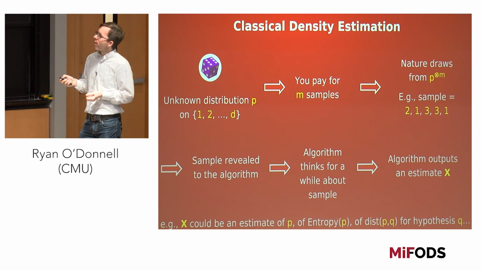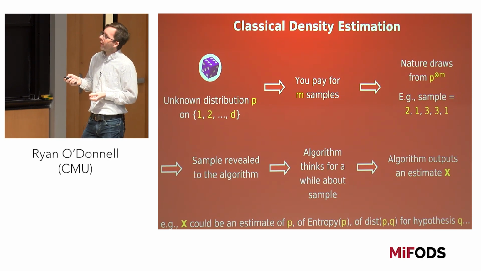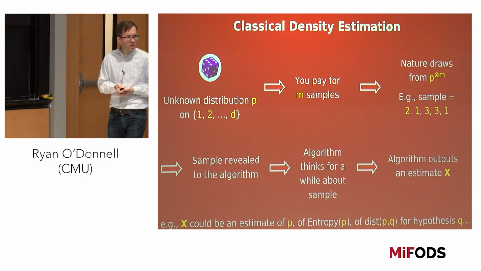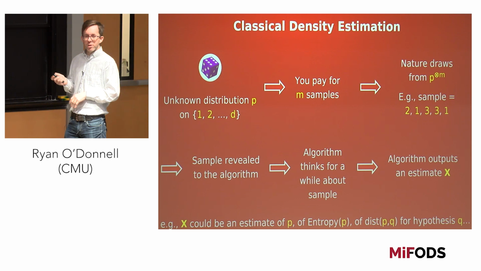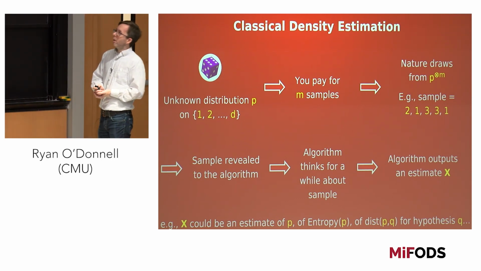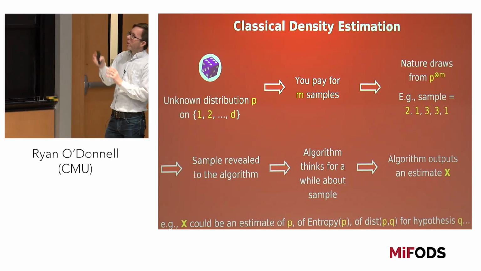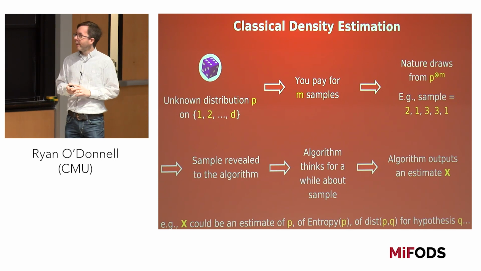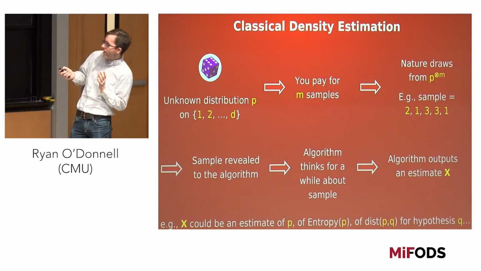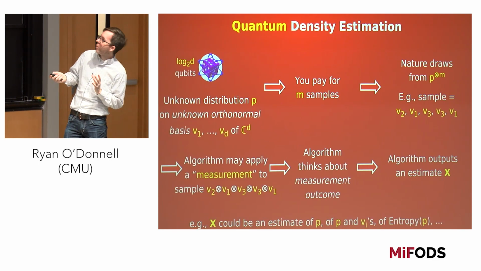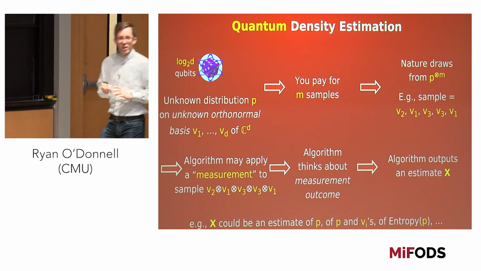And you can see here that I'm mentioning the sample complexity of the learning algorithm, and here I'm mentioning the computational complexity. Both are important, but in this talk I'm mostly going to just focus on sample complexity. Okay, so this is some kind of picture of classical density estimation, and let me now tell you the quantum version of it. It doesn't look too different between the two slides, so hopefully that's good.